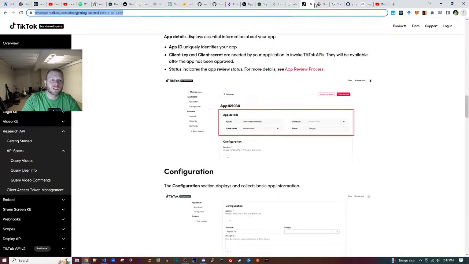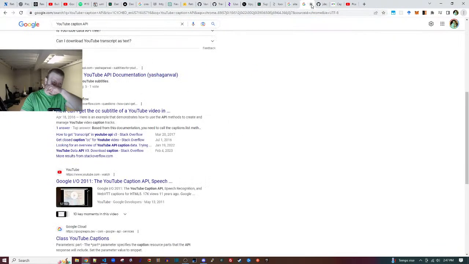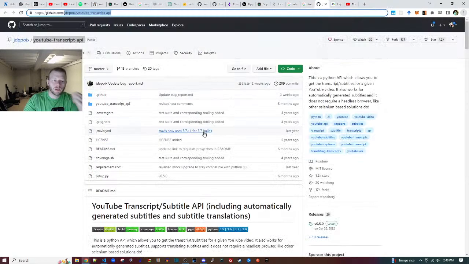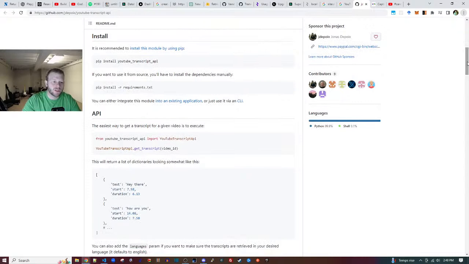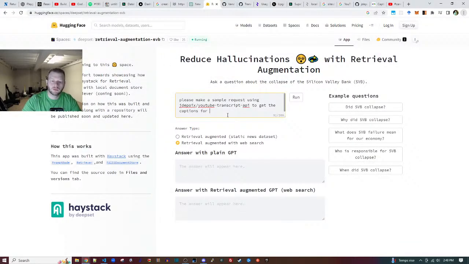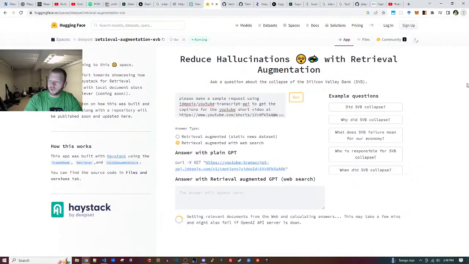Close this. I don't want this. Doesn't closing tabs feel good? I wonder, before I get into this, if I can just see reels or shorts. So if shorts don't work, maybe retrieval augmented will just be able to tell me that.